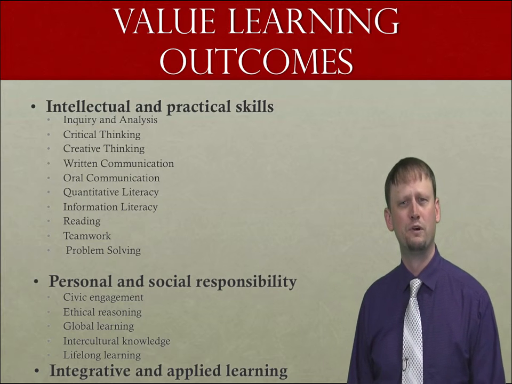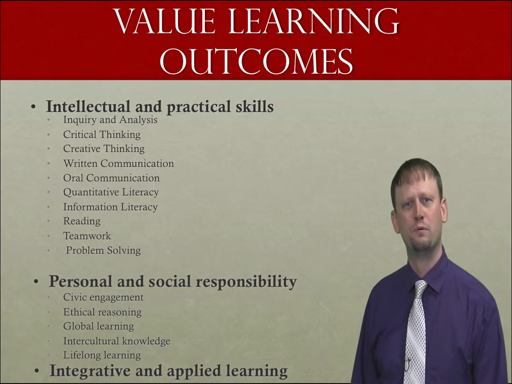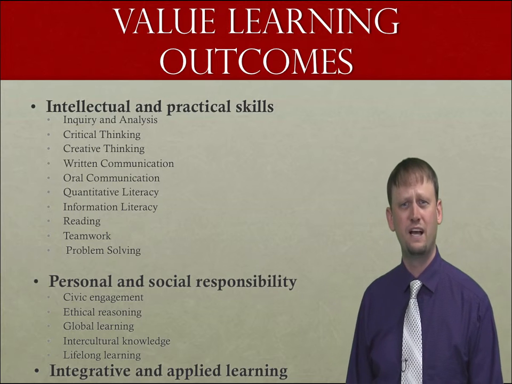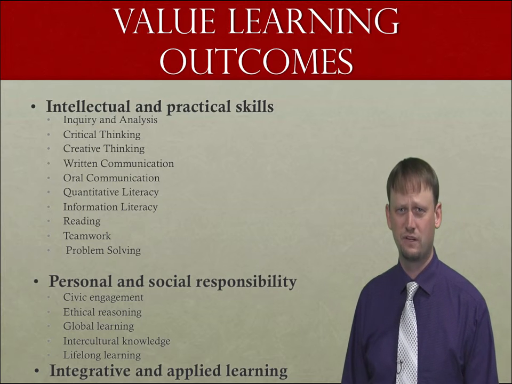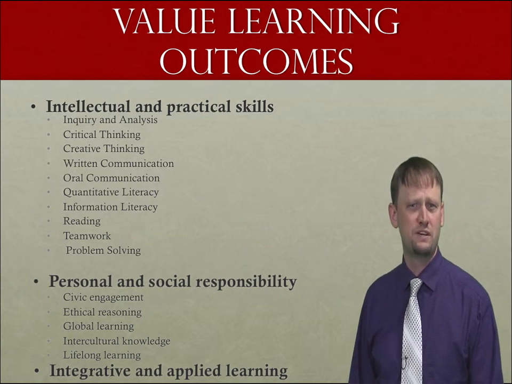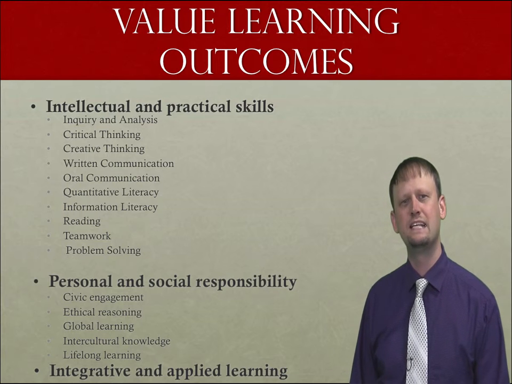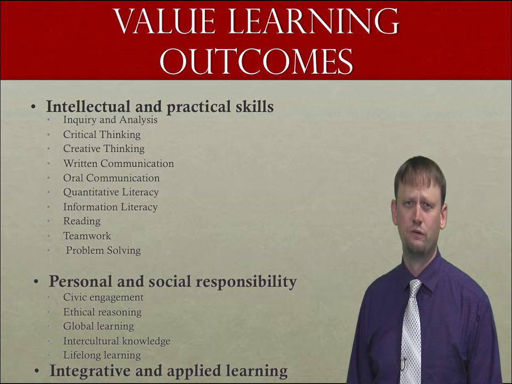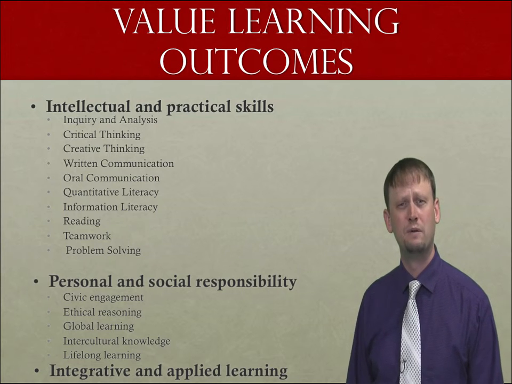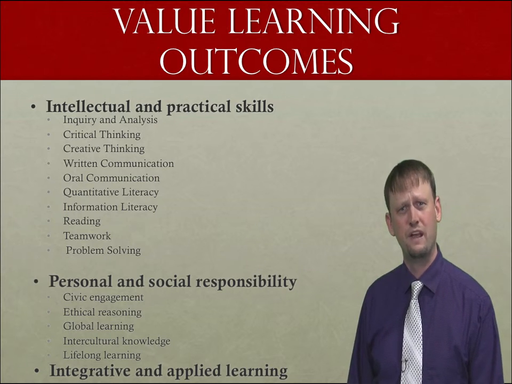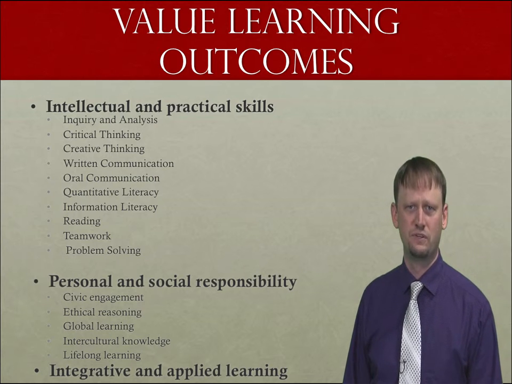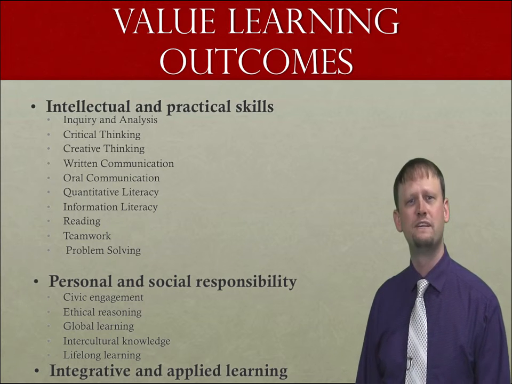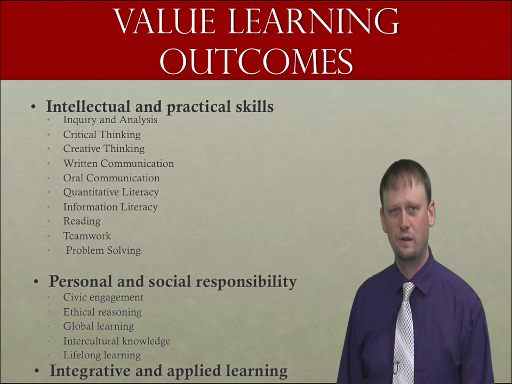This is where the VALUE rubrics come in. There are 16 VALUE rubrics, each of which were developed to define and operationalize each of these learning outcomes. The rubrics were created between 2007 and 2009 by 16 interdisciplinary, interinstitutional teams of faculty scholars who reviewed existing rubrics to develop broad agreement on dimensions of outcomes. They were then tested and a national reliability study was conducted. More information on this can be found on the AAC&U website.